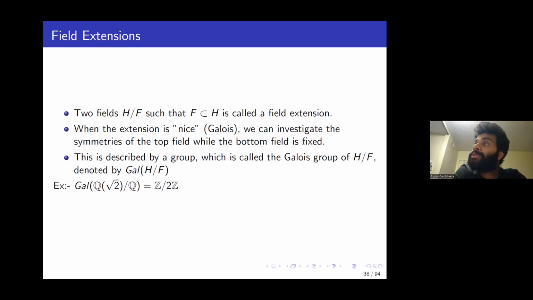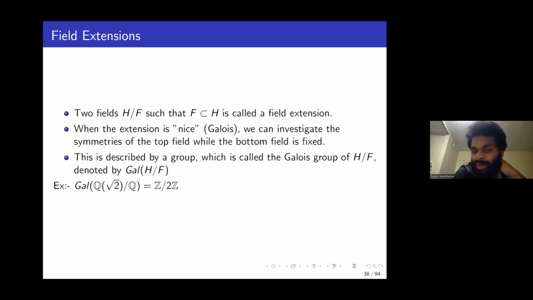So in the group 0 to Z, there are two elements, 0 and 1. Those are the only two elements there. 0 doesn't do anything, right? It's a trivial symmetry. You are not doing anything. You are not shuffling the Rubik's cube, right? You're not doing anything. What 1 does is you shuffle root 2, which means you shuffle root 2 into minus